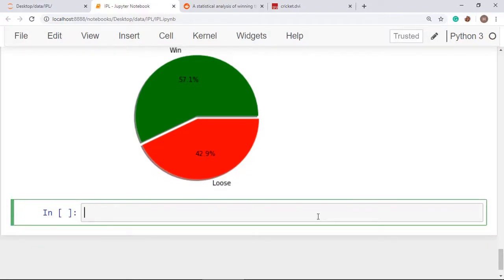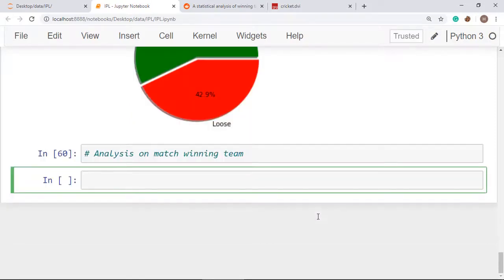So this was about the analysis over the toss. You can also make an analysis over the winning team, meaning how many times a particular team has won the match. Just what you have to do is an analysis on the match winning team, meaning how many times a particular team has won the match. So what you have to do is put it here, like see here,